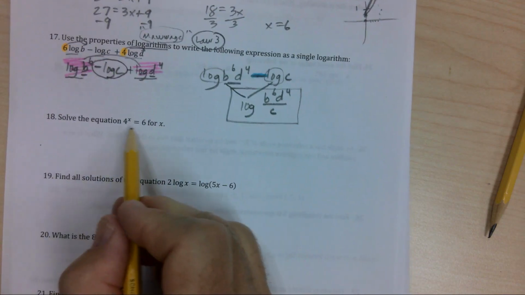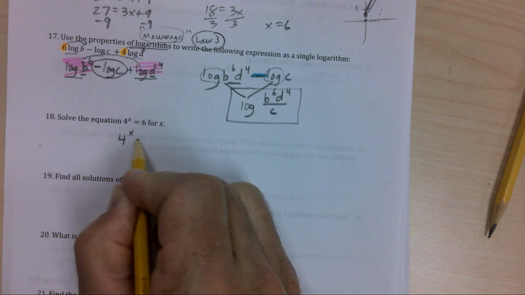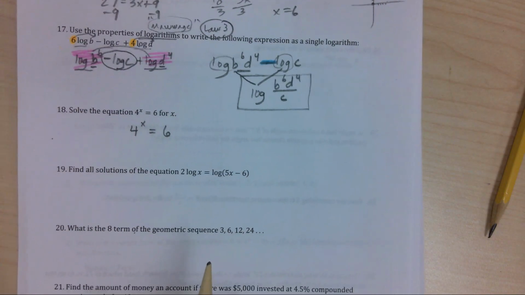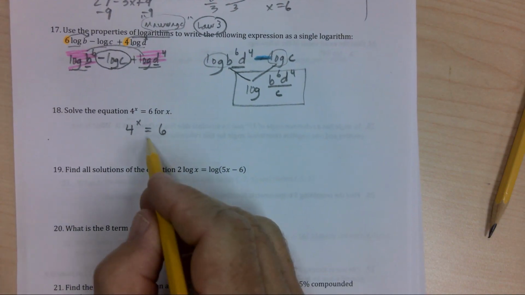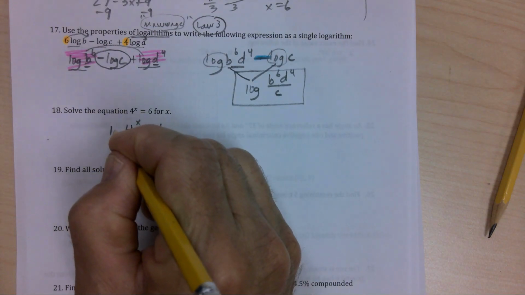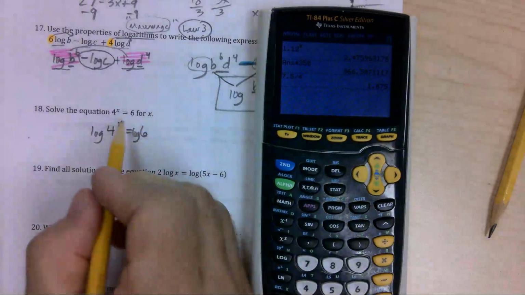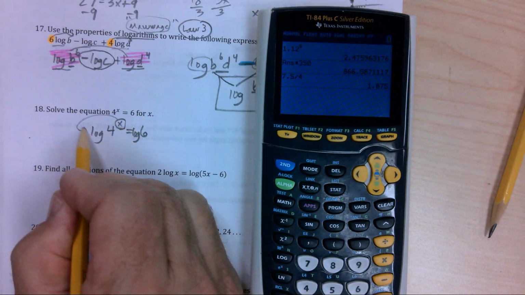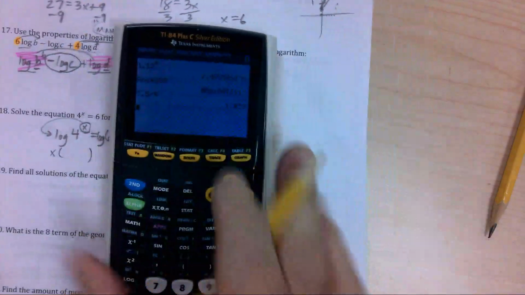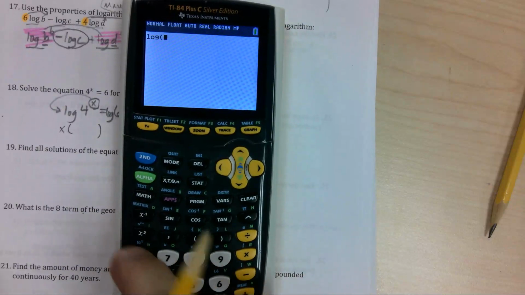All right, solve the equation. Well, remember in the previous problem, I said you could slap logs on because you just can. This one, there's no way you're getting common bases, happy places. So we're going to slap a log on here, slap a log on here, and use rule 3 by bringing that in the front. So I get x times, and I'm going to go to my calculator and actually find this. So log of